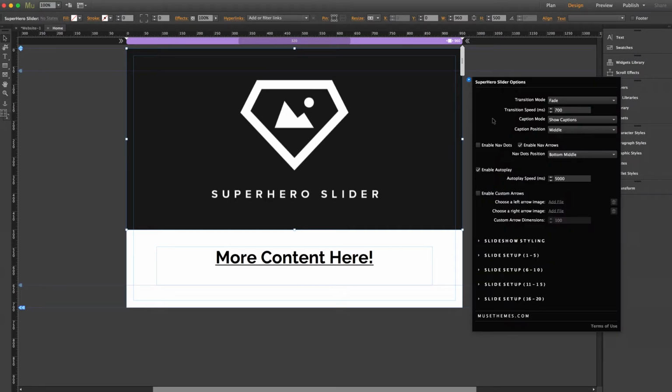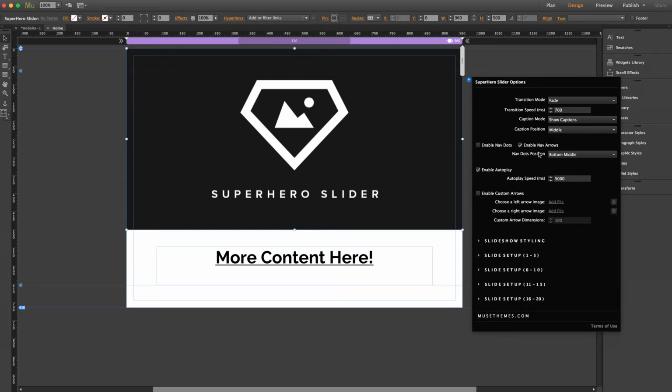Inside here, right off the bat, you may notice it looks very similar to our Cinch slideshow widget. What we've done is taken the core functionality from that widget to add a slideshow to Superhero. Cinch was built from scratch by our developers and has been updated regularly for reliability, so it makes the perfect slideshow to incorporate for this widget. Starting at the top, we have transition mode and speed that you can set here. In mode, you can select from slide or fade. Then we have caption mode and position. Mode just basically lets you toggle them on or off, and position gives you 9 fixed positions to select from to include all corners, sides, and middle.